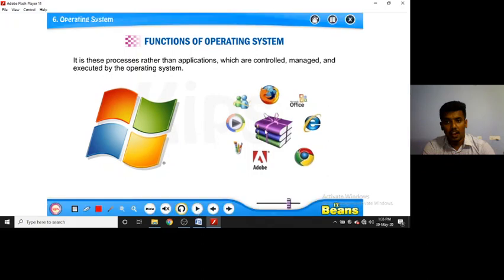Operating system. So here, Mozilla Firefox opened, Office opened, Internet Explorer opened, after that Chrome opened, after that Adobe PDF opened, after that Paint opened, after that Player opened, some messenger like mail service opened. These are all different application software which have their own individuality. So these are all being controlled and managed by whom? Operating system only.